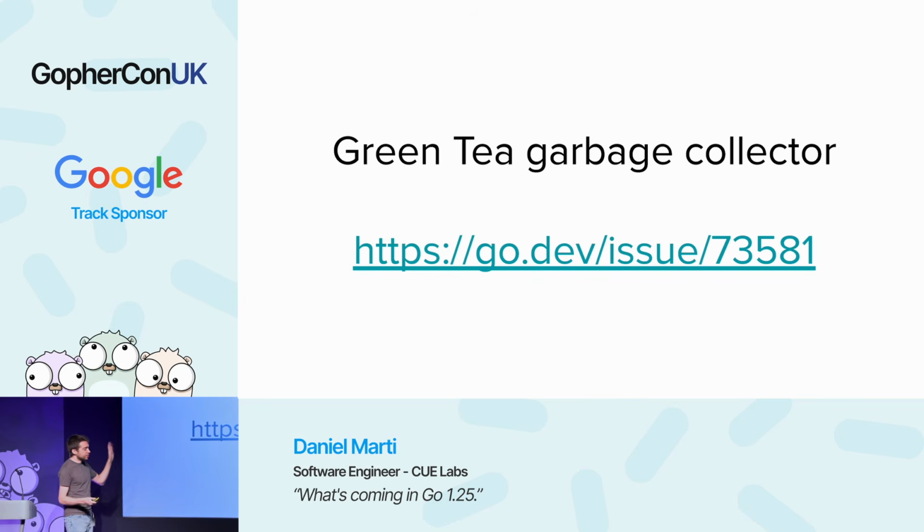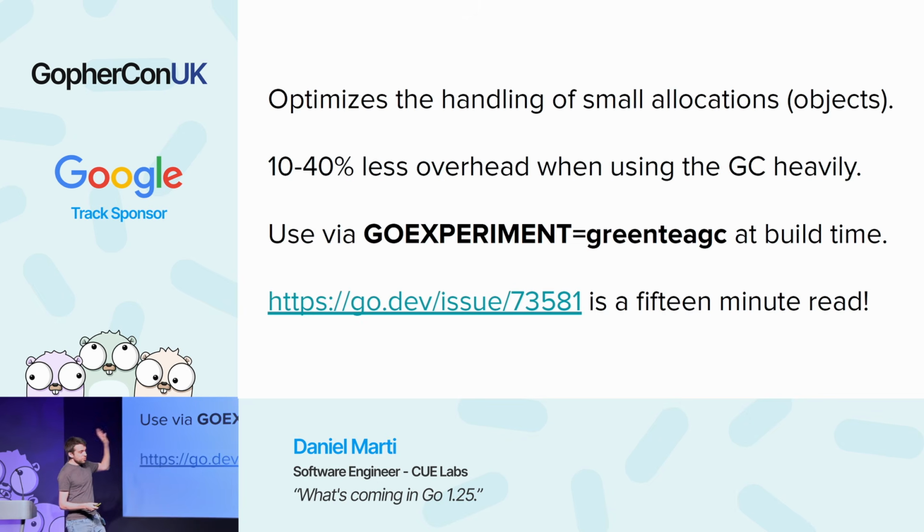The main difference is that the Green Tea garbage collector optimizes better for really small objects. Meaning, for example, suppose that you allocate a struct with just one string, or a struct with just one integer, or a slice with just 2 elements. The overhead for tracking those small objects can now be up to about 40% less. And you can use it with Go 1.25 already by setting this GOEXPERIMENT flag at build time,